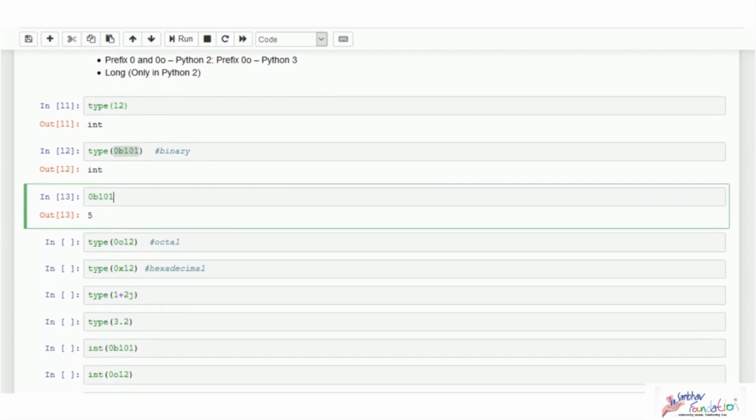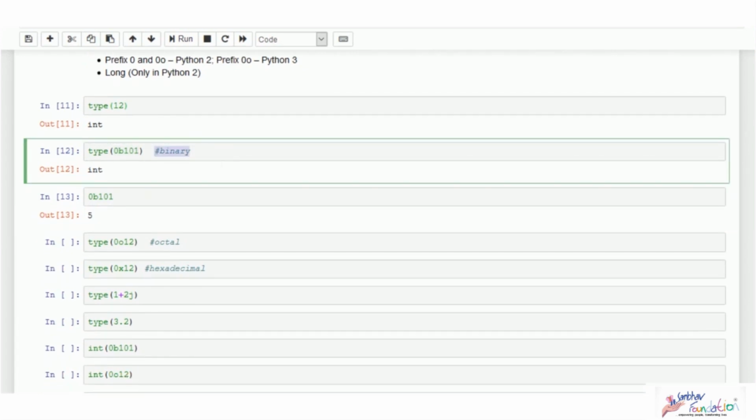Can you see that I have typed something on the right over here? They are called comments. Comments are words that you can type for your own reference. So even though they are part of the code, they are not read by the interpreter. You can type out anything in that, maybe hints or descriptions, explanations, etc.